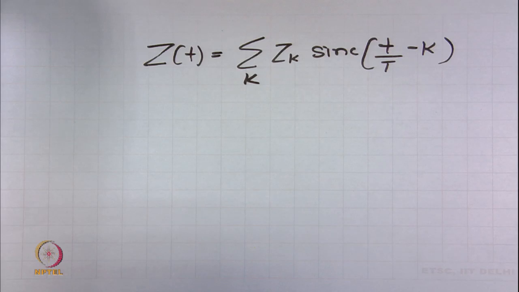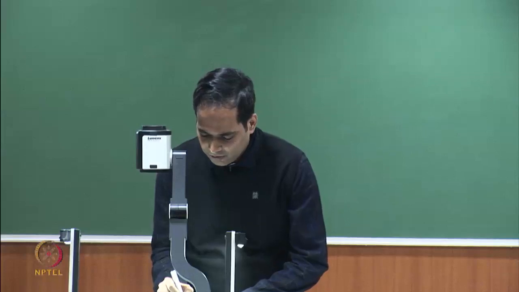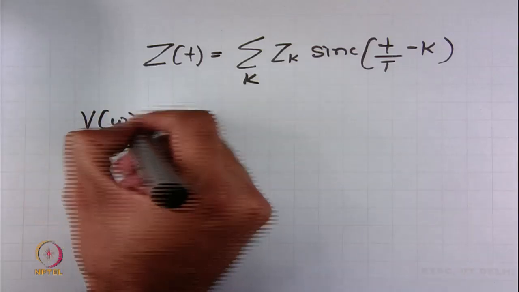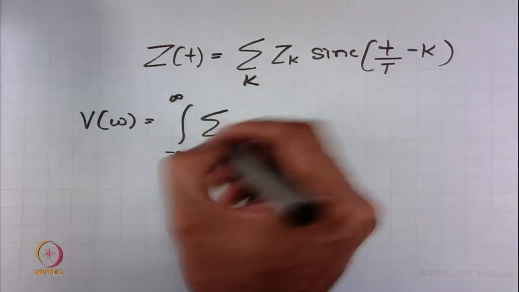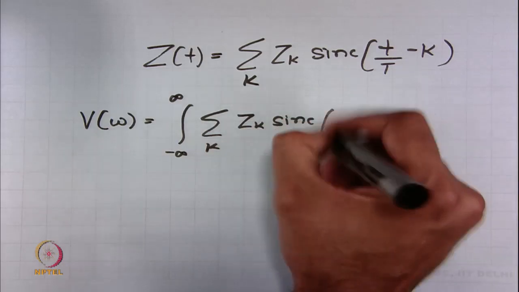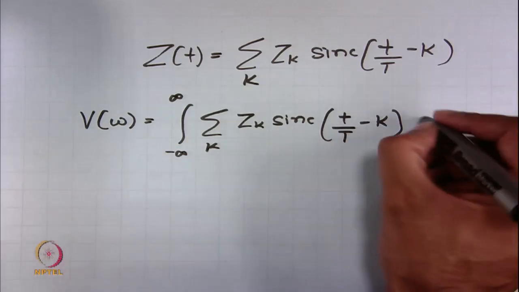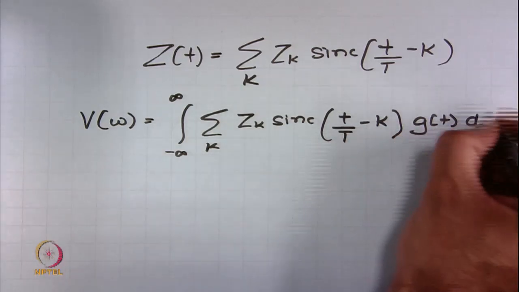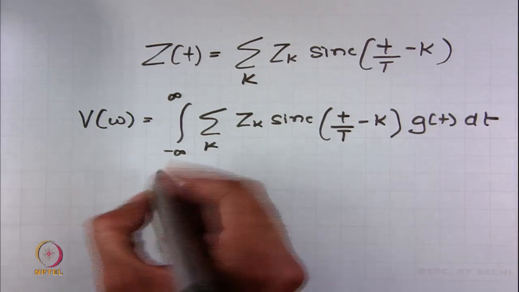Okay. So, let us assume that we have taken such a Gaussian process, and let us see what is the linear functional of such a process. The linear functional is defined as the inner product. So, I have to take the inner product with, let us say, a deterministic function g(t). Okay. Now, pulling out this summation, bringing in the integration as we usually do, I can write this as